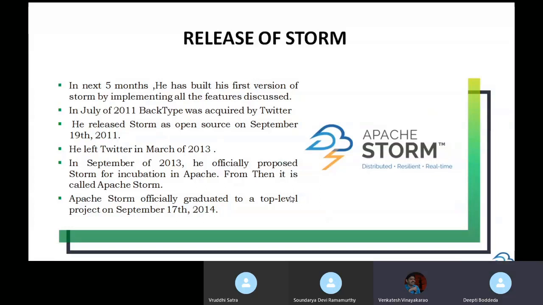Isn't it amazing? It just takes 5 months to come up with a product as complex as Storm, which has fundamentally different ideas, which took a paradigm shift from batch processing to real-time processing in a distributed world, with all the features of fault tolerance, making it resilient, right? And of course, making it scaling friendly, so that it's truly distributed. With all these three features, being distributed, being resilient, and being real time, right? And if all this can be done in 5 months by one person,